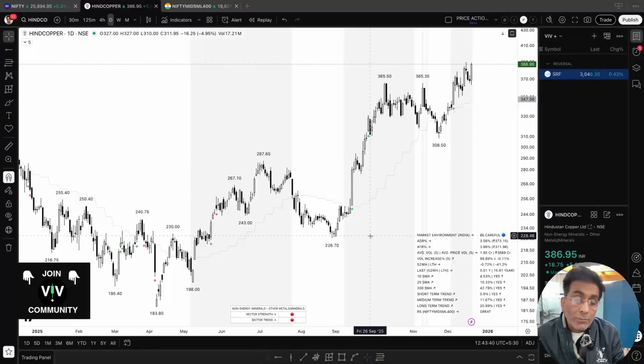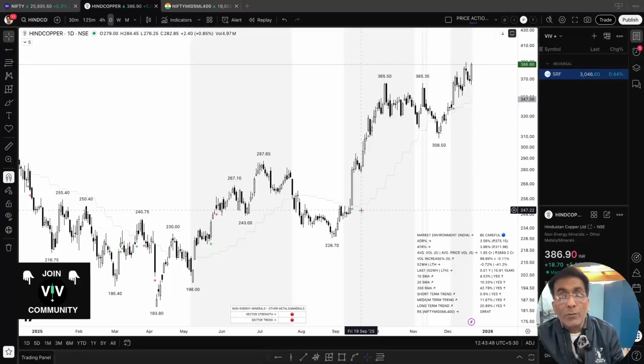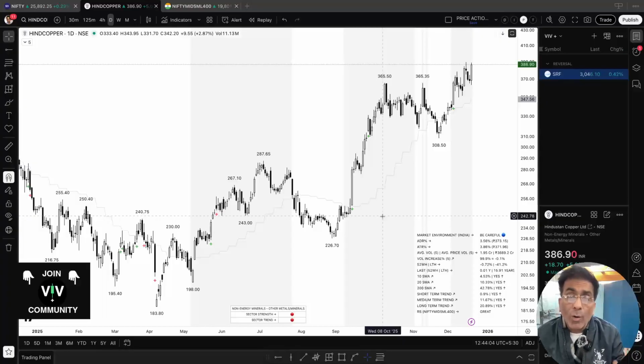Either you are using a 5-minute chart, it will show you the 10-week moving average only, not the 50-minute. If you are using a 50-day moving average and checking on the 10-minute chart, it will convert into a 50-minute moving average, but this moving average will remain the 10-week moving average on all time